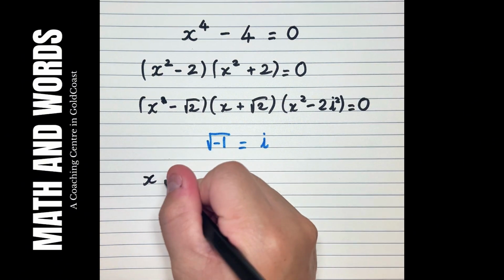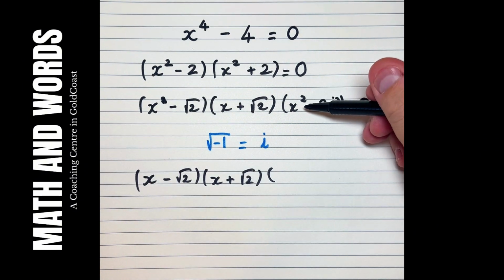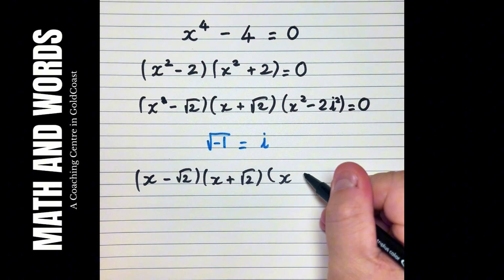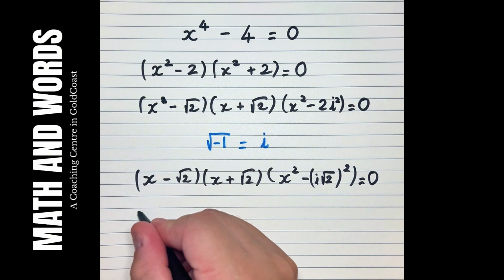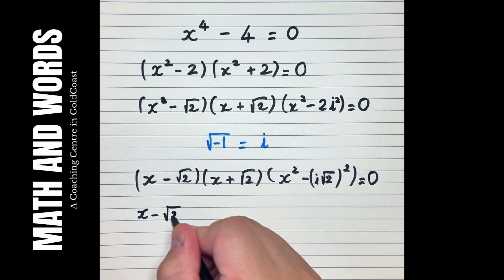I will copy this down here, and over here I'm just going to do it step by step. And then I have another difference between two squares here. So I have x minus root 2